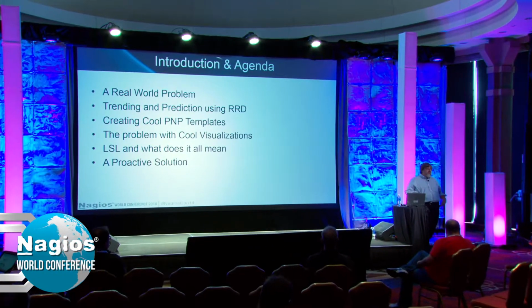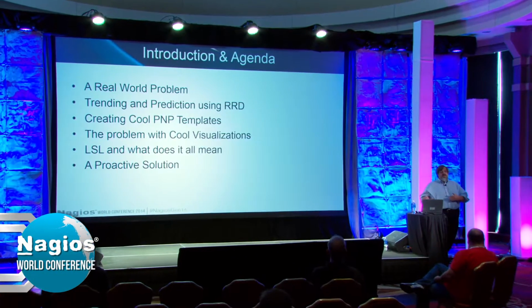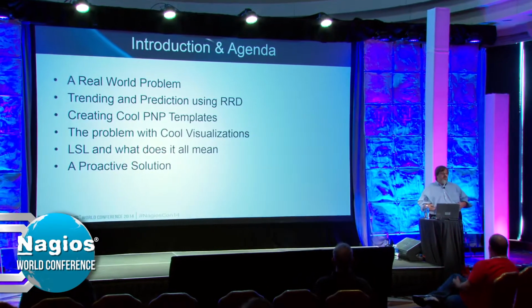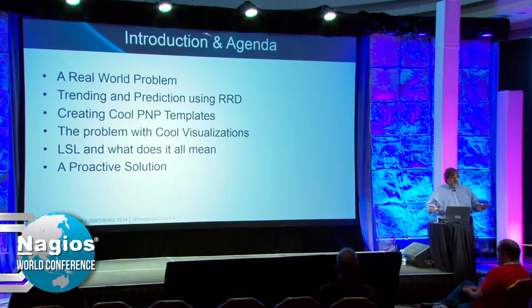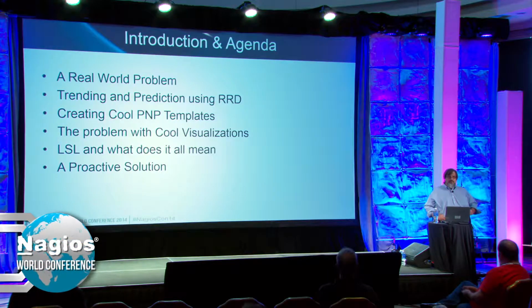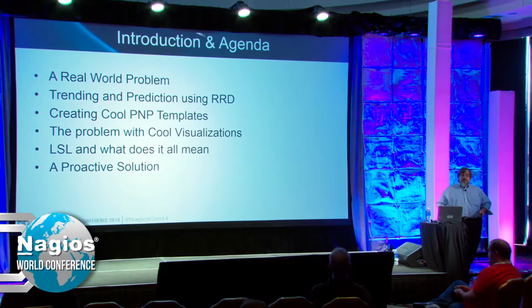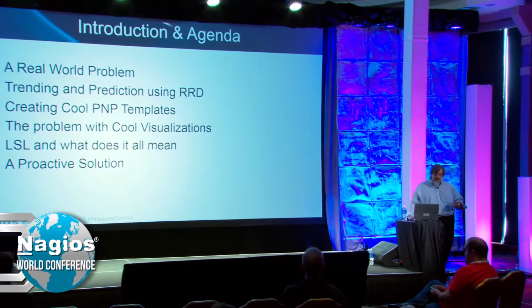We actually use XI, so a lot of my examples will be XI, but if you're a core user, it's okay. Most of this stuff is PNP for Nagios. Great little plugin. Version .6 is supported on core. If you're running XI, you're running .4. Anyway,